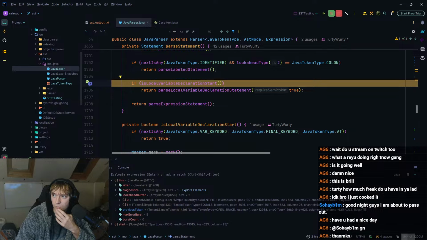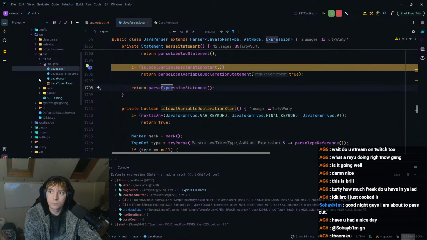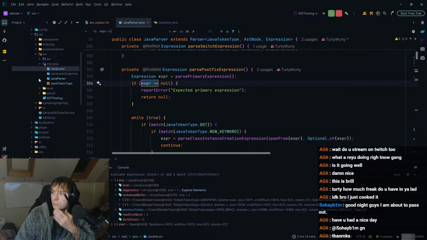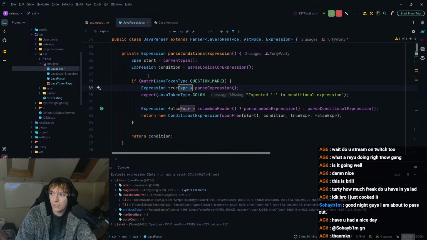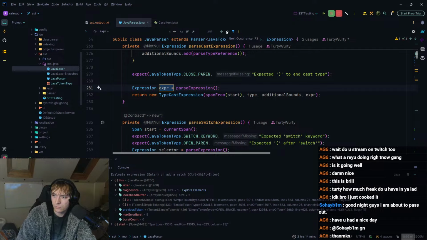Expression equals. Okay, there aren't many. There's actually only one of those. That can't be right. Oh, no. It's expression equals like that. Okay, there aren't too many of these either.